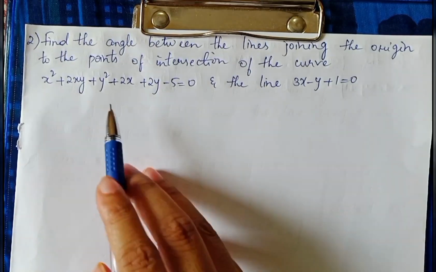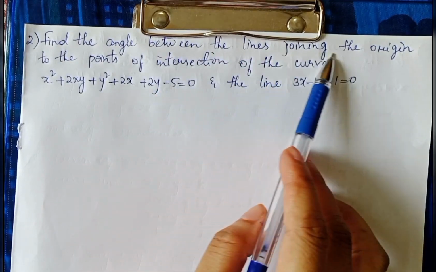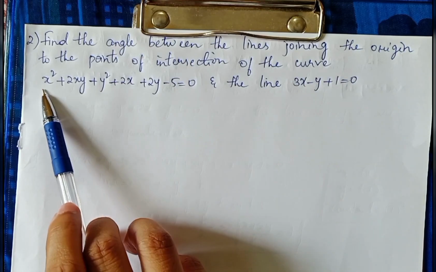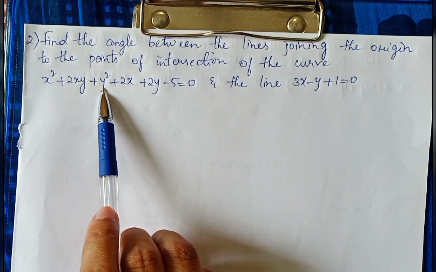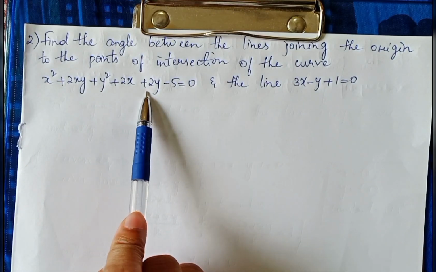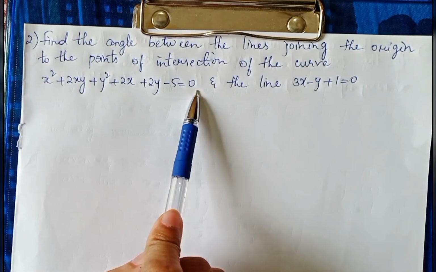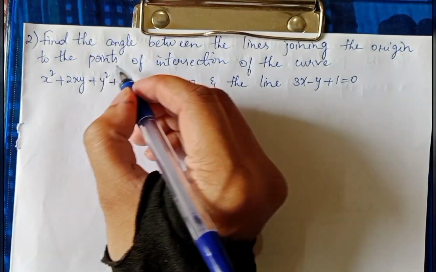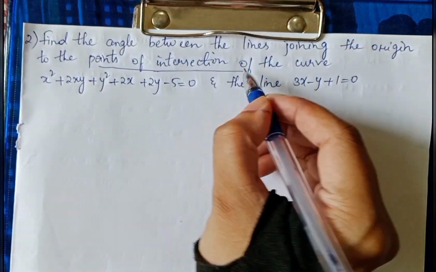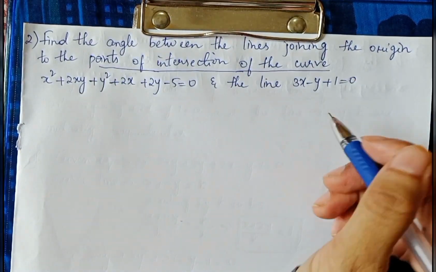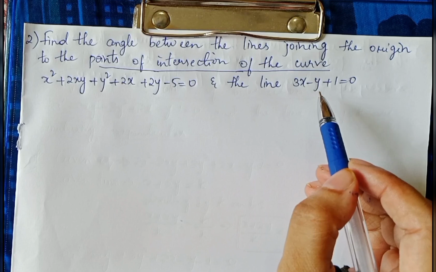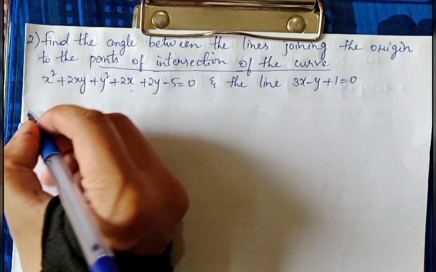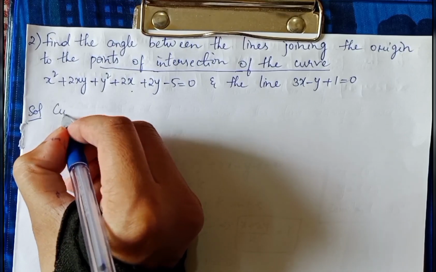So the next question is, find the angle between the lines joining the origin to the point of intersection of the curve x square plus 2xy plus y square plus 2x plus 2y minus 5 equals 0, and the line 3x minus y plus 1. So here also the keyword is point of intersection of the curve. So this is a homogenizing question. So from the line we'll get the value of 1 and we'll substitute it in the x, y and the constant terms, right? Solution: given line